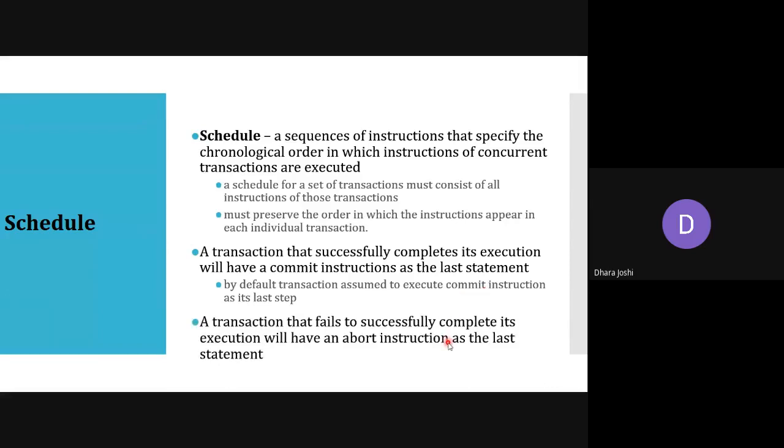And a transaction that fails to successfully complete its execution will have an abort instruction as the last statement. Okay, this is very simple. If you have fully completed your transaction, then you need to save it with the help of commit. And if you are not going to complete it, then there should be programming so that you roll back all those operations. I just want to say these two things. Okay.